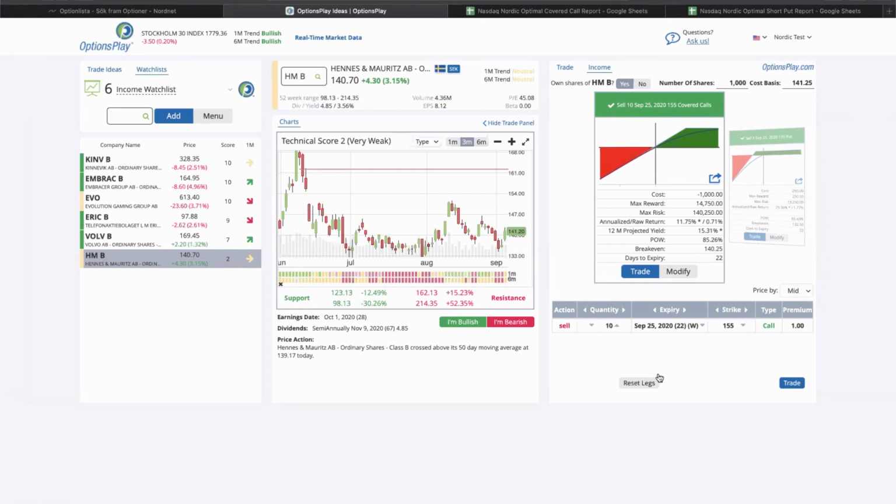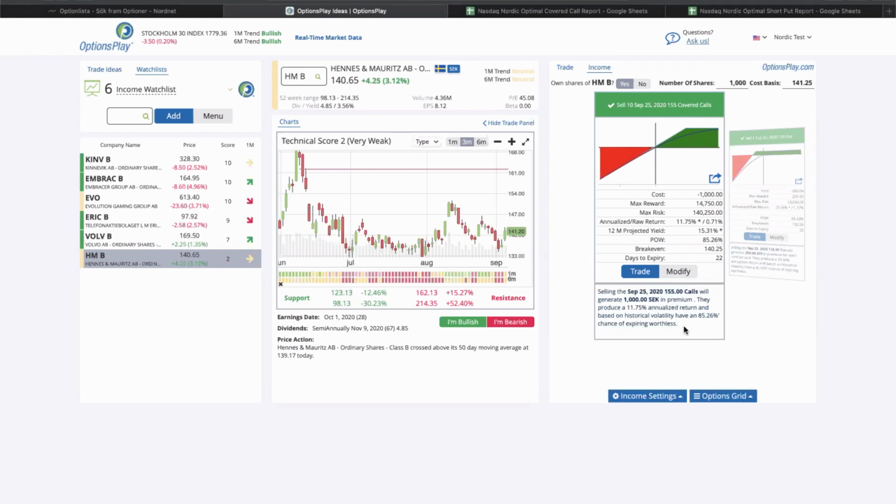It will also show it to you in plain English so that you can actually better understand these strategies. This will explain the strategy if you're brand new, either in English, or we also have this available in Swedish for those of you that prefer the platform in Swedish. So both languages are available. And what this gives you is a full analysis of the covered call strategy. So in this particular case, this will generate